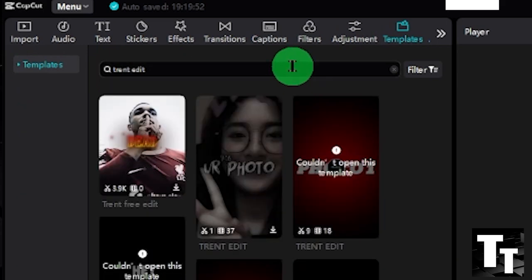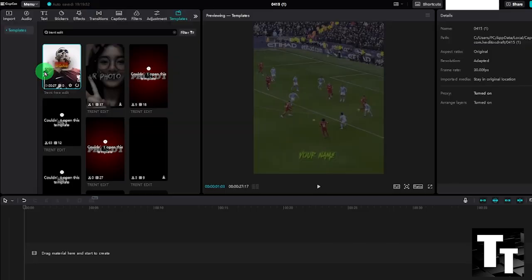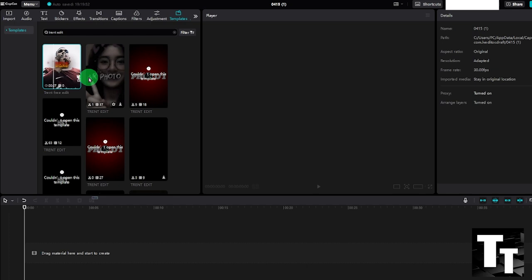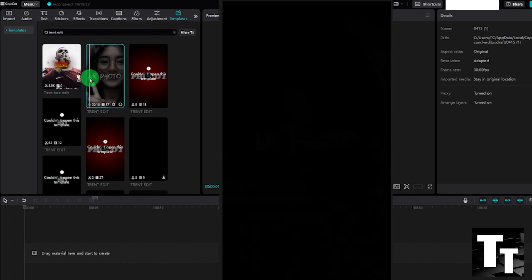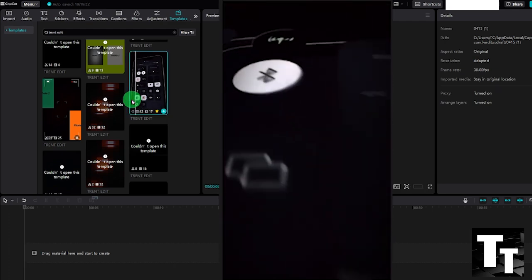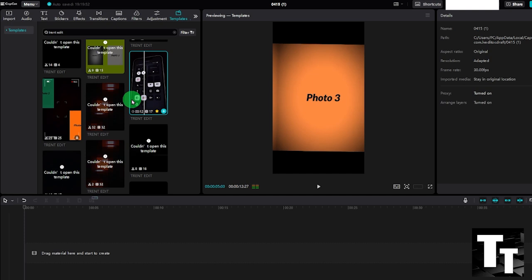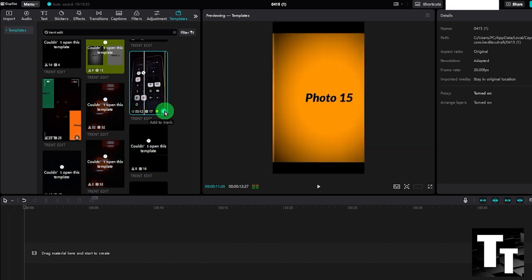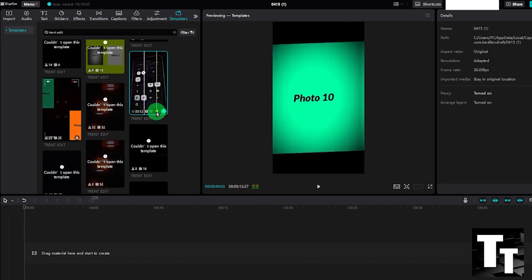As you can see, there are multiple Trent edits to choose from. If you hover your mouse, you can play the template. If you scroll down, you're going to find one of the Trent edits where there is a social media phone. In order to use this edit, you can click the plus on the bottom right hand screen,